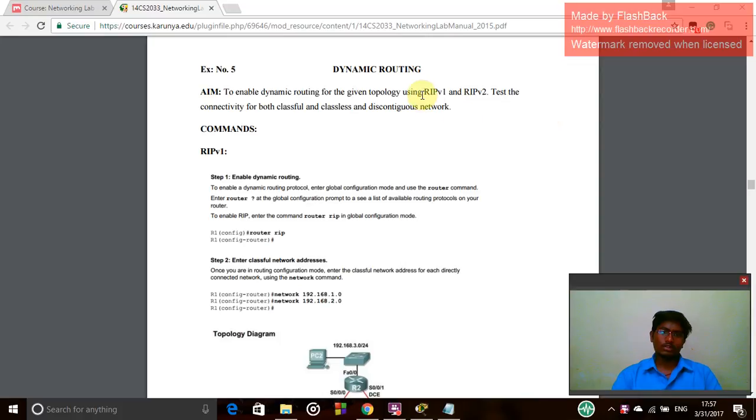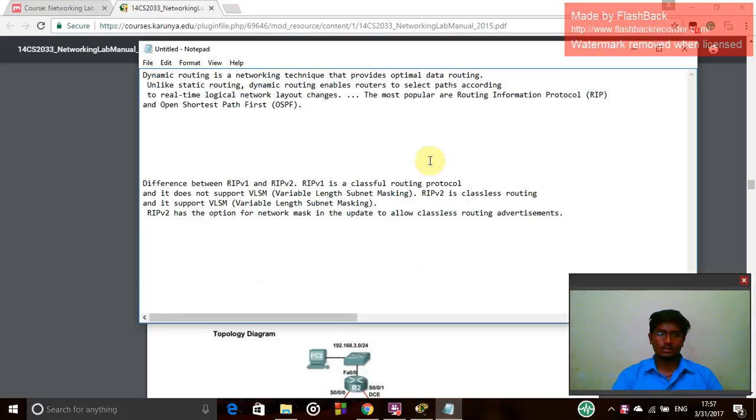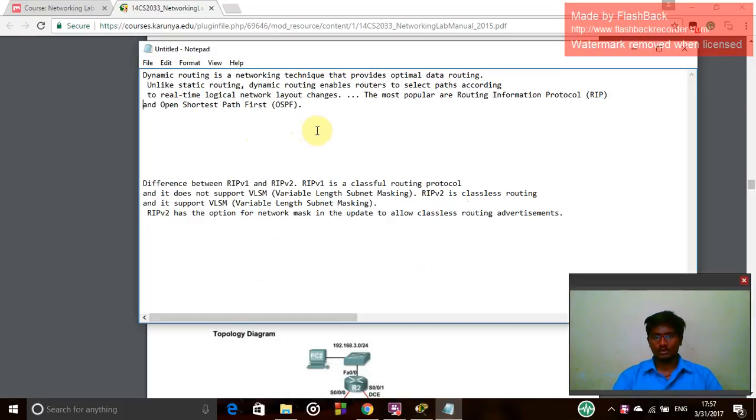Today I am going to explain about the network topic, that is dynamic routing. Dynamic routing is a networking technique that provides optimal data routing. Unlike static routing, where we have to manually give all the details, in dynamic routing it is allocated automatically by real-time logical network layout